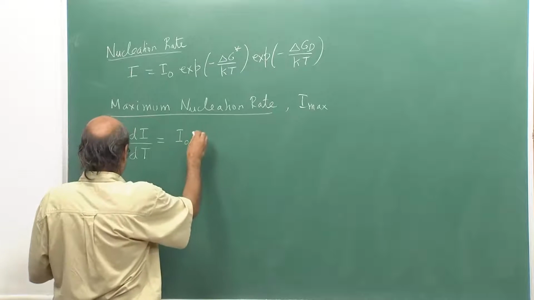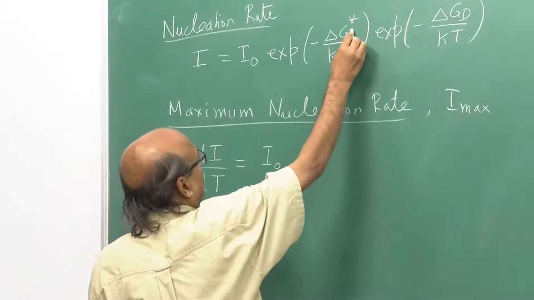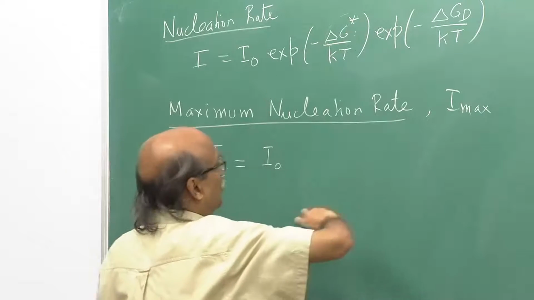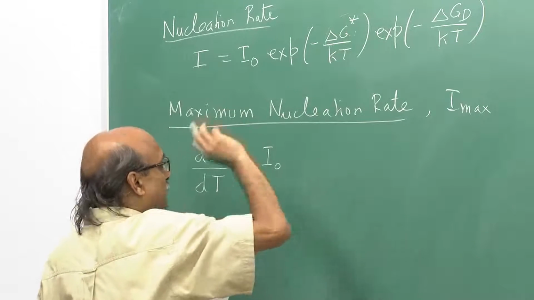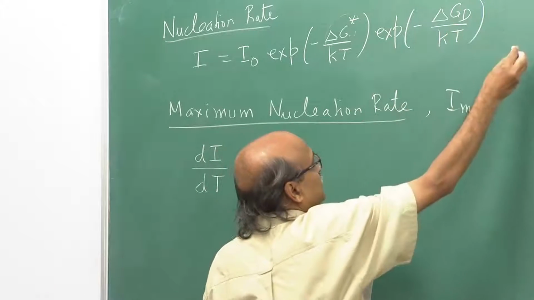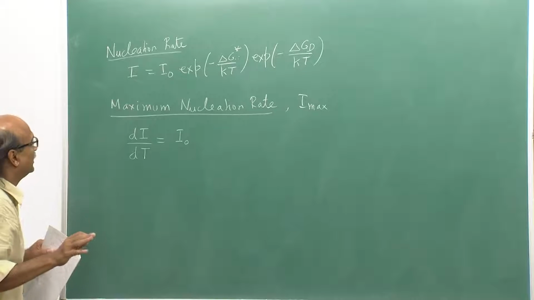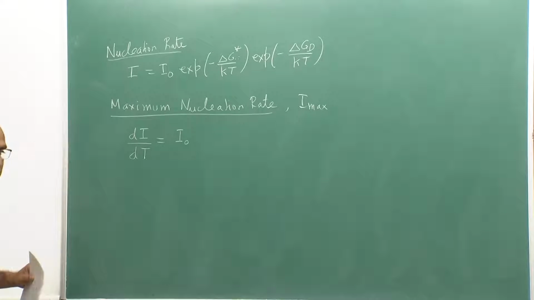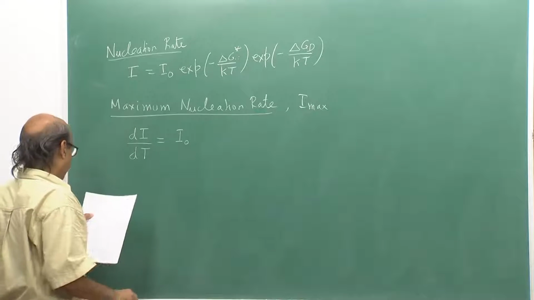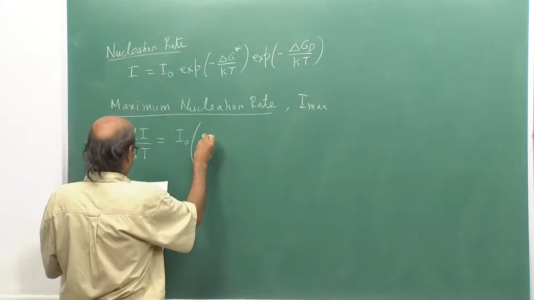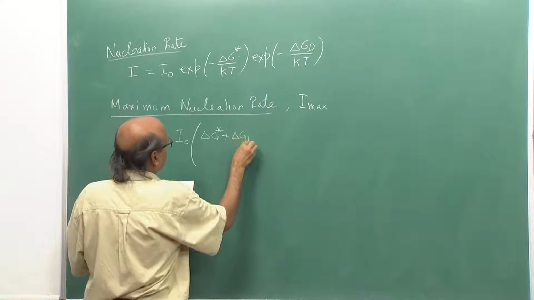I0, and then one will have to differentiate this because one knows that delta G star itself is a function of temperature, but here we will assume that delta GD is more or less a constant independent of temperature. So, by doing this simplification, dI by dT will become I naught (delta G star plus delta GD)